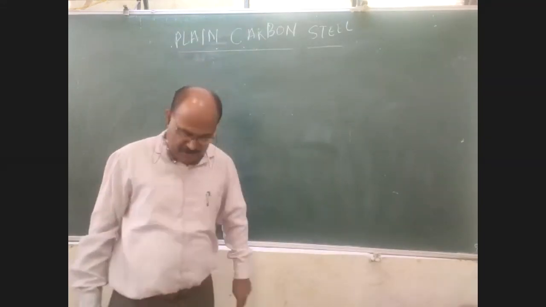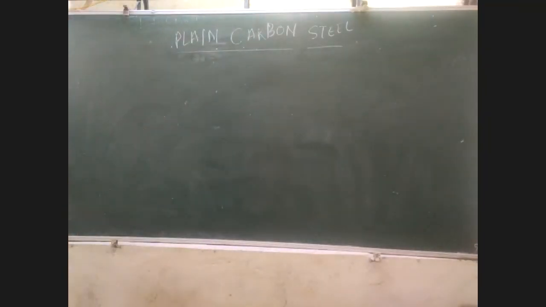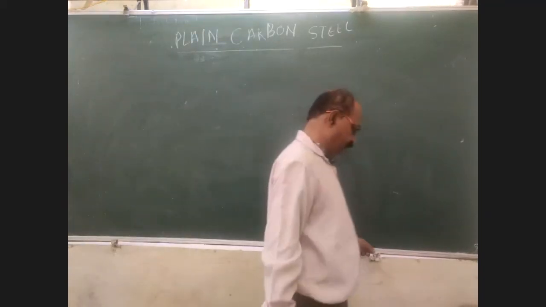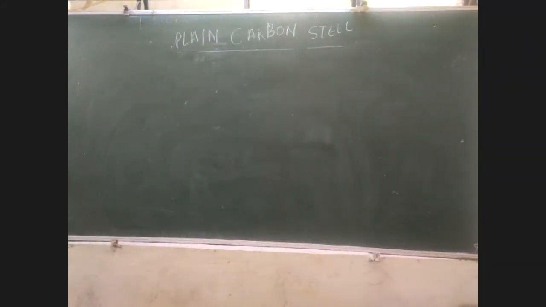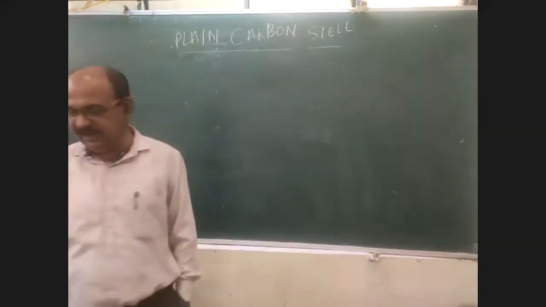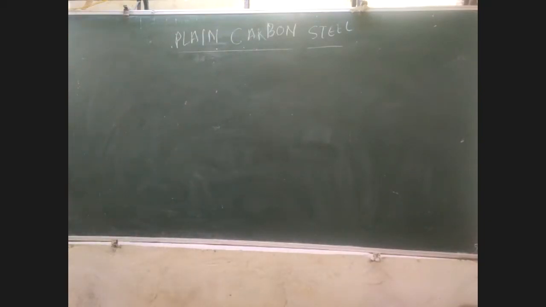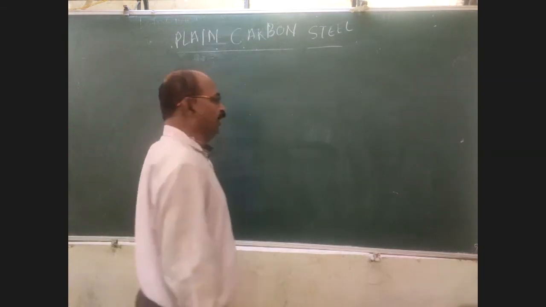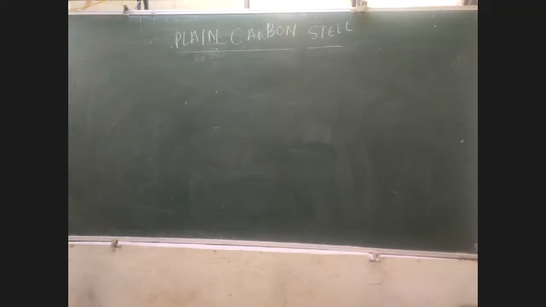Okay. Now next question, angles and channels are made from? Low carbon steel. Very nice answer. Nails and screws are made from? Low carbon steel. Okay. A crankshaft and connecting rod are made from? Medium carbon steel. Very, very nice. So how much percentage of carbon in medium plain carbon steel? 0.3 to 0.6. Very good.